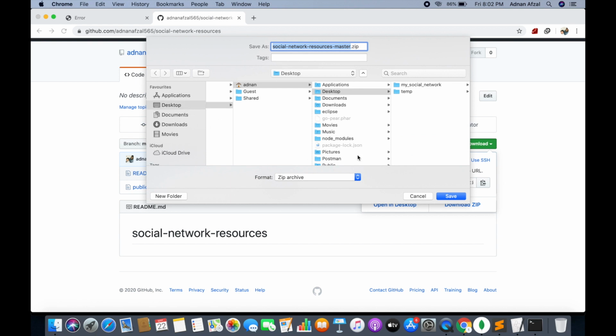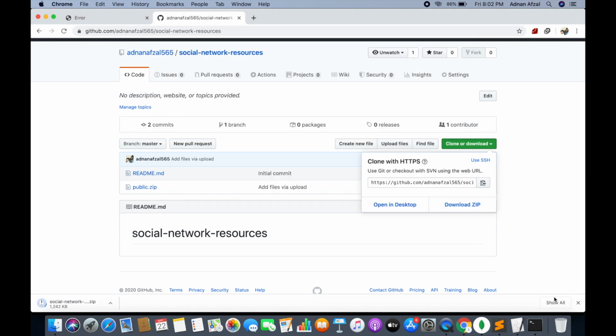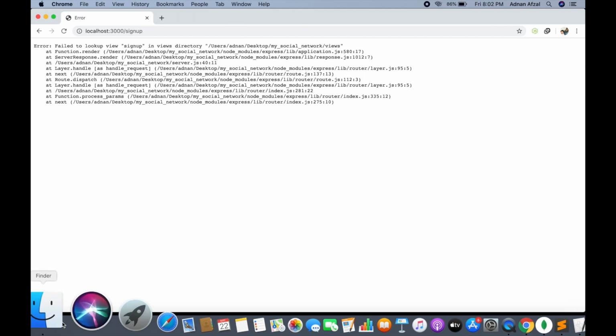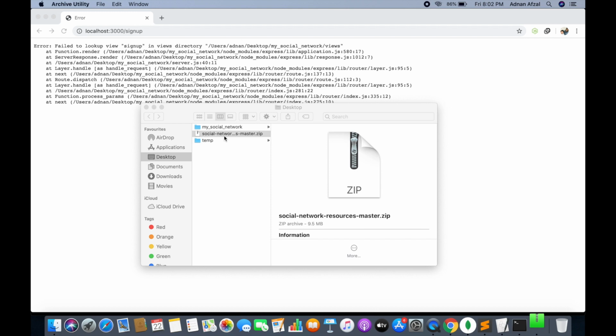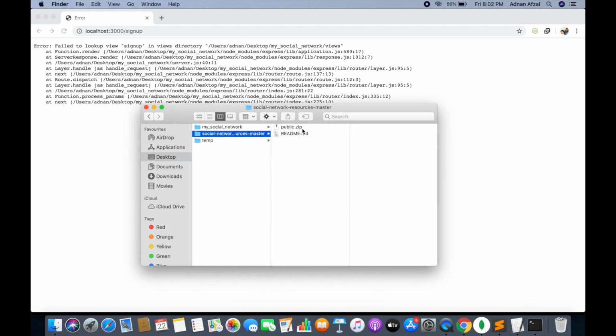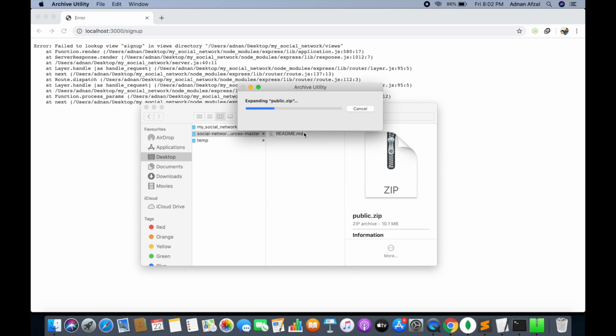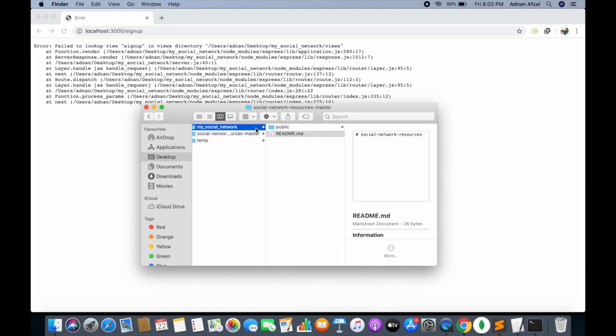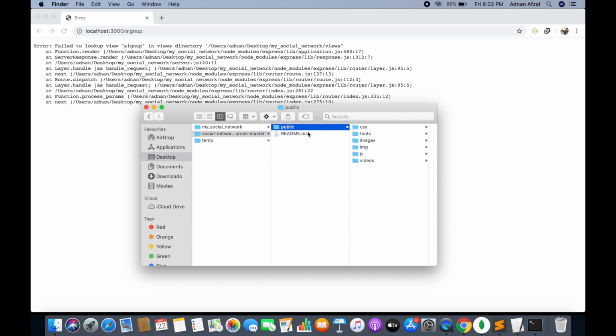I am saving it on the desktop. The file is about 9 MB in size, and once downloaded you just have to extract it. In this folder you will also see a folder named public. Copy this public folder and paste it in your project root folder.